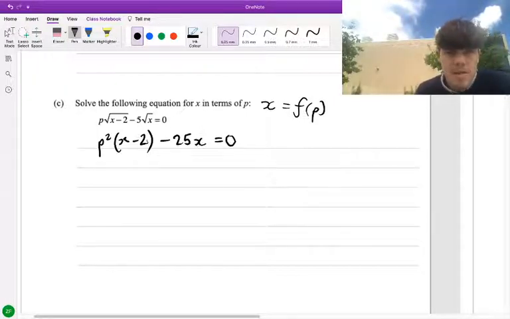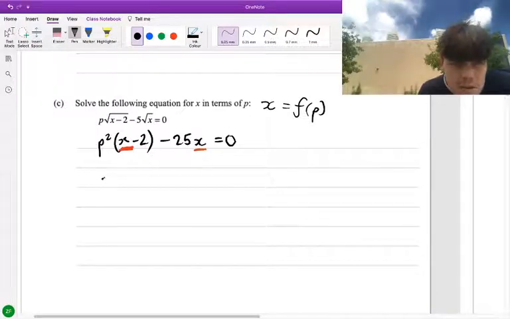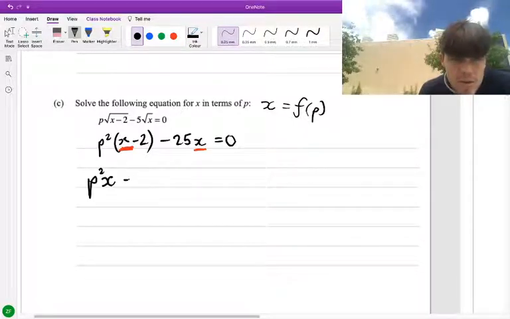So the next thing I want to do is look at what it is I want to isolate. So I want x by itself. Because x is in this jumbled mess here, I'm going to need to bring that out. So let's expand these brackets. So that's going to become p squared x. And then p squared times minus 2 is minus 2p squared. And then that's minus 25x